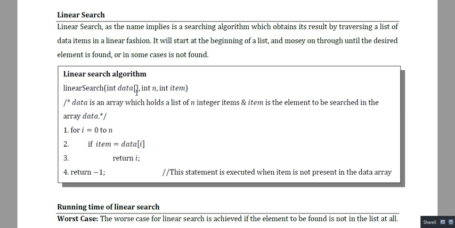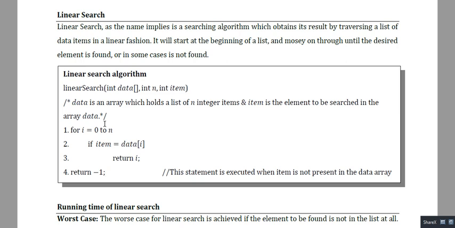Perhaps in my next lecture I shall be discussing the binary search algorithm to make this searching even more efficient, right?